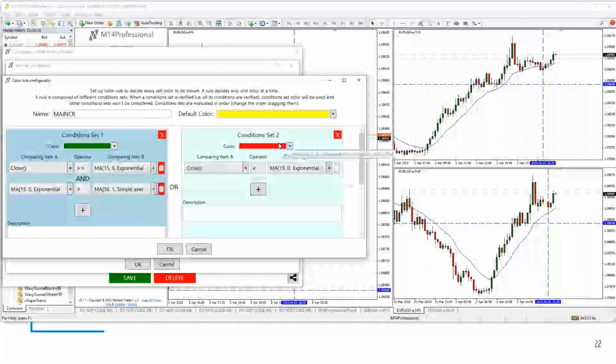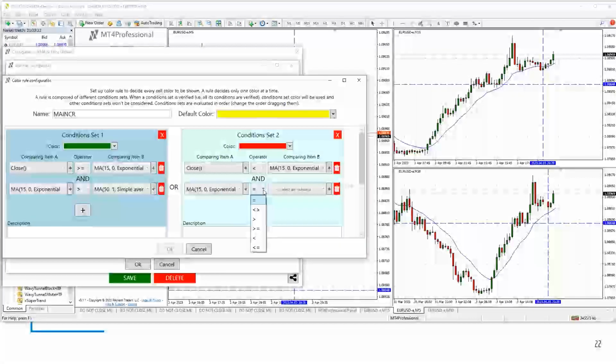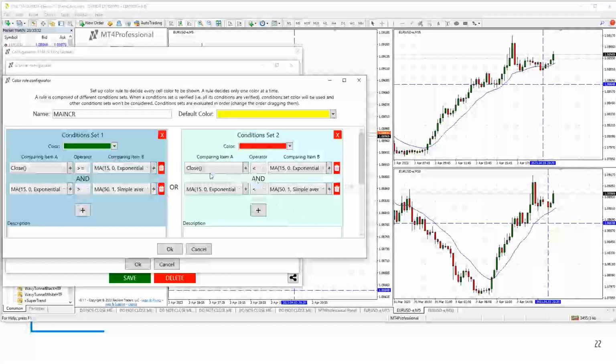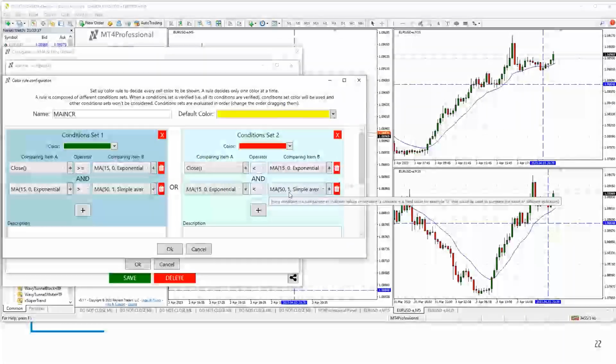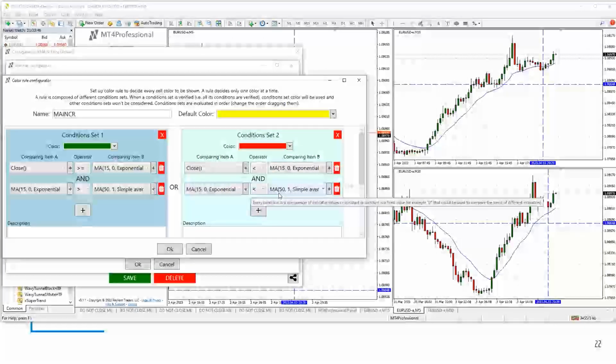If I'm looking for a bearish condition, which is usually just the opposite of the bullish condition, I need to duplicate this and say that my 15-period needs to be less than that 50-period SMA, because I'm looking for the price to be under the 15, and the 15 needs to be less than the 50. Well, there could be some no man's land area, so the price could be less than, but the 15 might not be less than the 50.